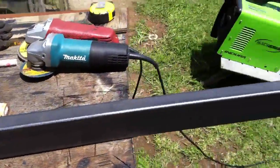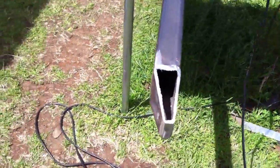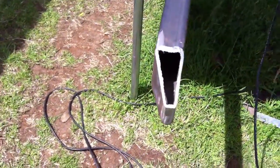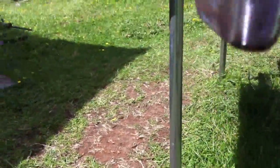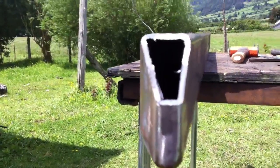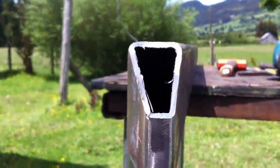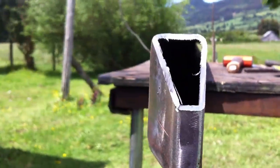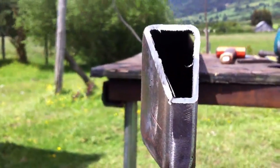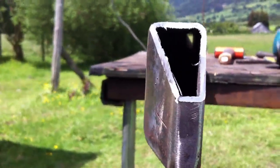Now that I've done that, I will go over this with the flap wheel everywhere that I'm going to weld these up, and get it all fixed the way that it should be, boxed in. And with that, I will go and weld a piece of plate that I cut out to fit that as well. Now, of course, I'm going to cut a piece of plate that's actually wider and a little bit longer